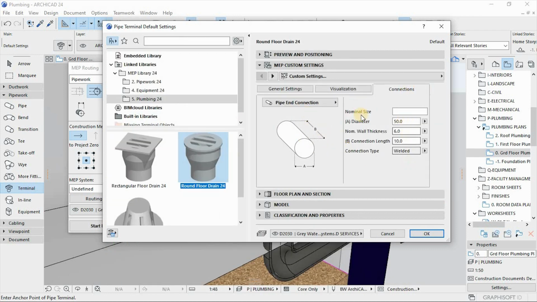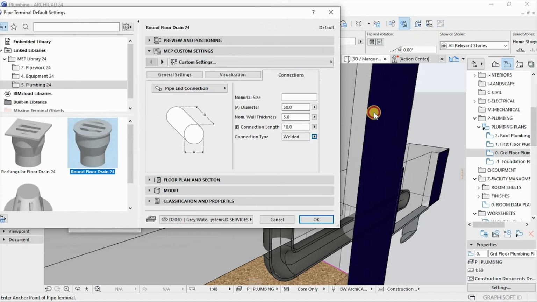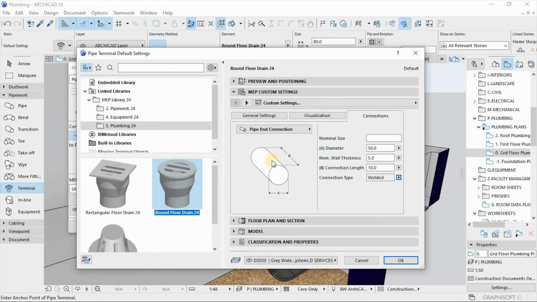Under connections also we have the nominal size, the diameter of this. I think it has to follow the same diameter of our pipe work, which is 50 is fine. I'll leave it at 50. The thickness is also fine, 6, but let me just do 5 to be consistent. And then the connection length, which is the B, is 10. I'll have it, 10 is okay. And then you've got connection type. You can flange it or get it welded. In this case, I will have the flange on the pipe work instead of having it on this